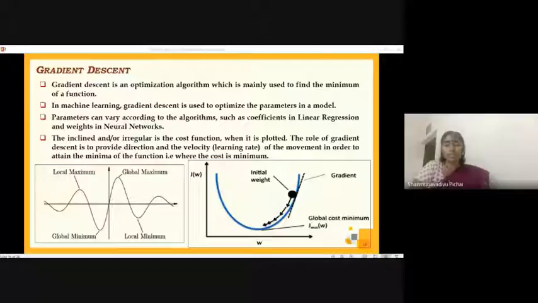Here as you look into this graph, you will be able to understand that in the x-axis you have a notation W, let us take it to be weight. And in the y-axis, you have a function called the cost function, which is denoted by J of W. As you look into this diagram, there is a kind of curve, right? This curve starts from the left end, comes down, and again goes up. Because the cost function tends to decrease, it reaches the global minimum point at W and then it just ascends, right? It ascends and then goes up.